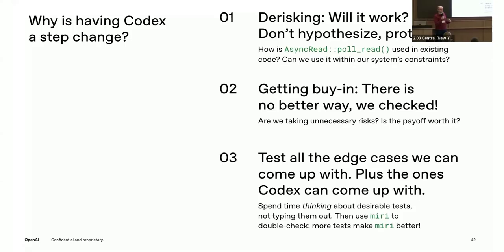I would much rather spend my time thinking about what things we should test rather than setting up a really complicated test harness that can get all of the complicated interleavings, all of the stateful futures, that deal with all of our scatter gather style streaming requests with retries in the loop and so on and so on. I could do that by hand, but I don't enjoy that. I'm not particularly fast at that. Codex is awesome at this. So I'm more than happy to hand off that part of the job entirely and just never worry about it ever again.